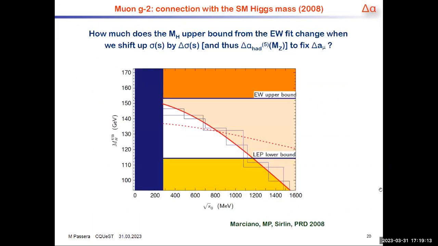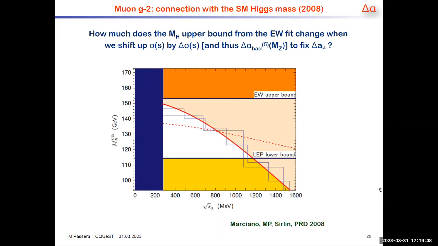Now, what we thought back then, there was no Higgs, right? It was 2008, so there was no Higgs mass measurement. So what we thought was, let's see how this would change the standard model prediction of the Higgs mass. The standard model prediction of the Higgs mass comes from the global fit. The global electroweak fit tells you what the mass of the Higgs is. And at the time, the upper bound,